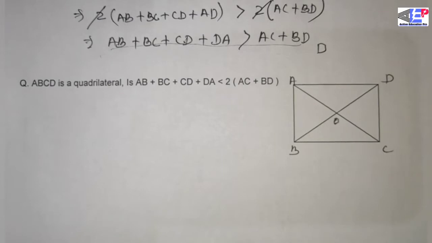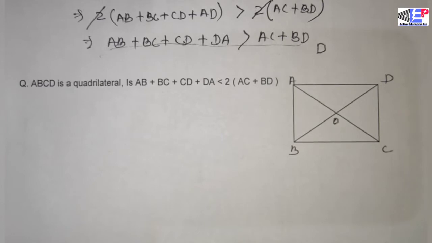In my last question, we solved the question about a quadrilateral including its diagonals. Similarly, the next question of this video is the same as my last question. ABCD is also a quadrilateral and there are two diagonals, AC and BD. Another new thing here is that O is the intersection point of these diagonals AC and BD.